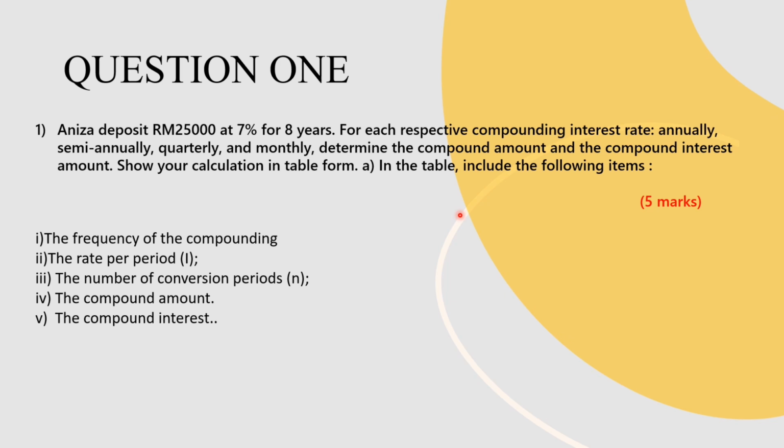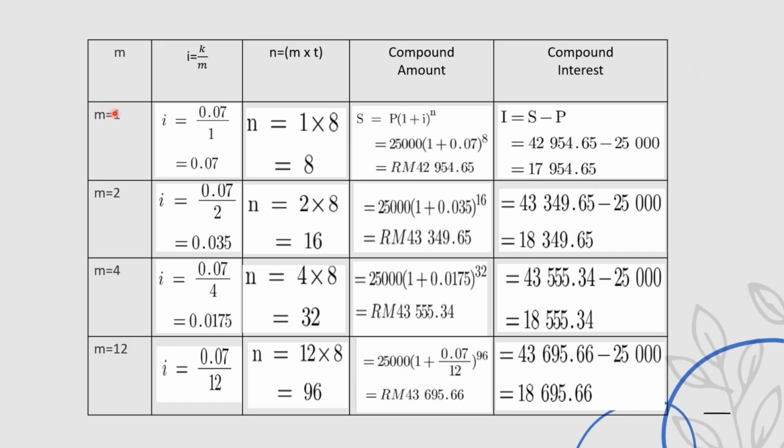First of all, I am Nur Farhana Binti from class BA119C. Now, I'm going to share on how to solve question 1A and B. For question 1A, based on the question given, we need to create a table and fill in the M, which is the frequency of the compounding, then followed by I, the rate per period using formula I equals K per M,